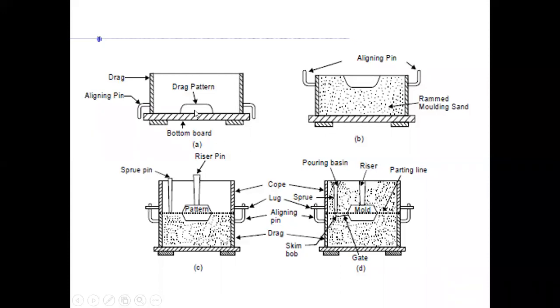You put that, and then you put the molding sand, ram it, and then turn it upside down, and then take out the drag pattern. So all you have is a mold cavity there and the rammed molding sand, isn't it? Similarly for your core, and then for the core, you put these screw pins, all these